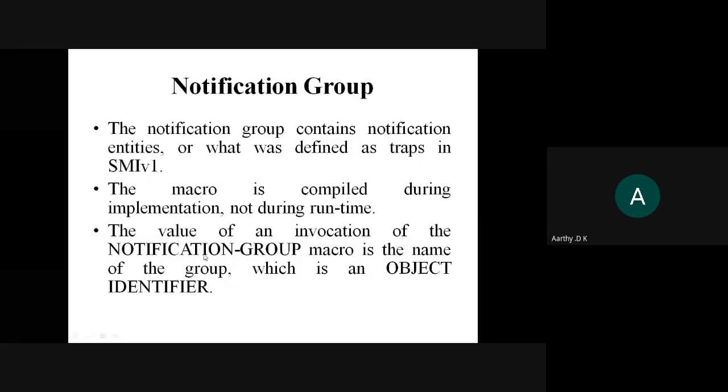So we have a group macro for objects, and this is the group for grouping of the notifications. So this is a notification group macro. This is the name of the macro and the keyword macro, begin and end. So we have two values, right? The first one is type and the second one is value.